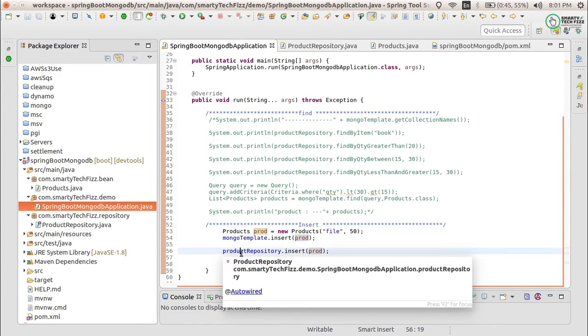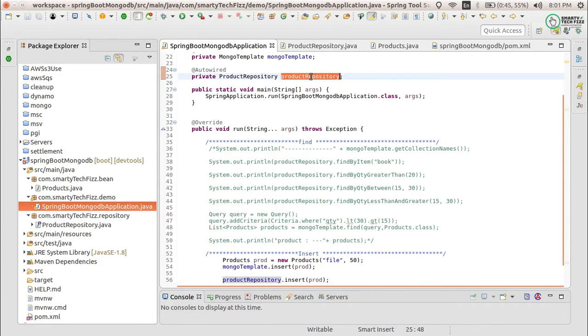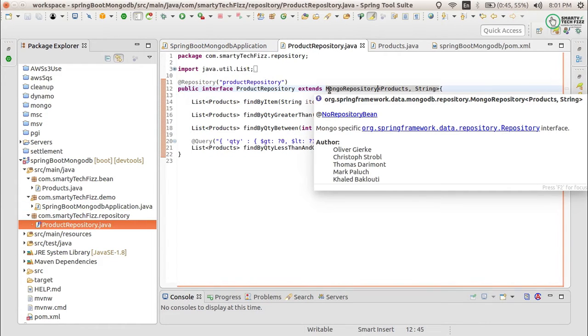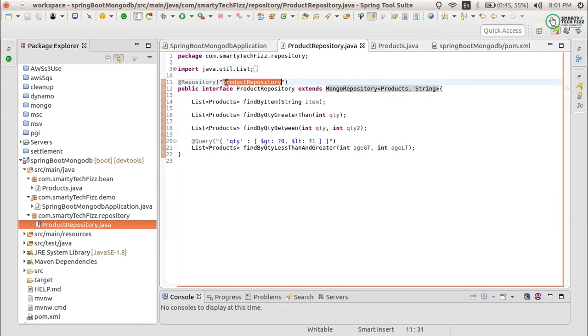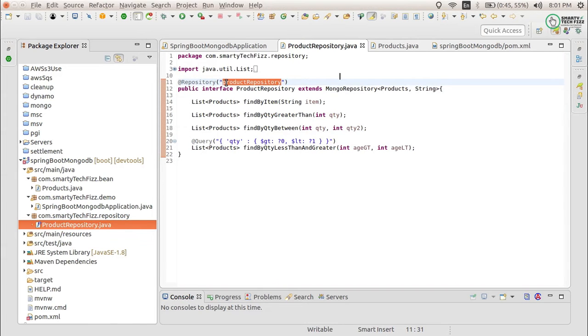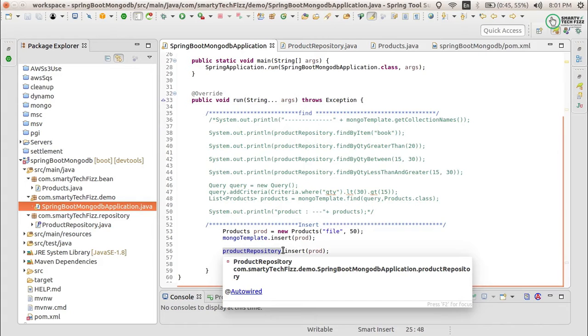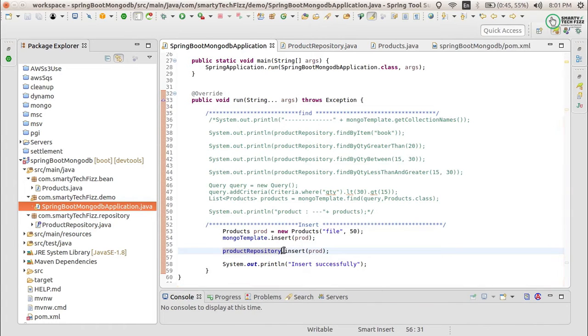Second, I have used the product repository. You can see this is the product repository we have mentioned. If you see this class, I have extended the Mongo repository interface because I want to use the default repository created by MongoDB, and that repository has been named product repository. Here, using the product repository, I have also used the insert function, and this insert function also takes the product object.